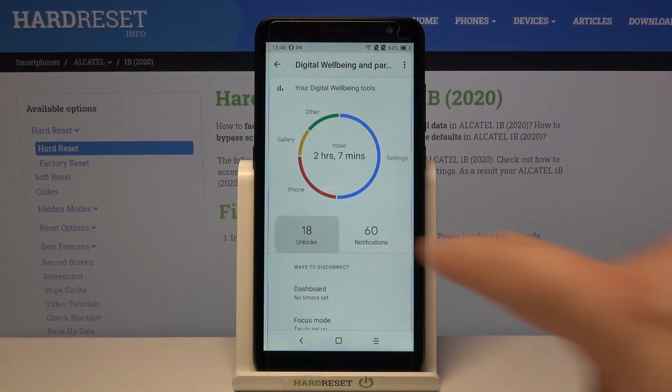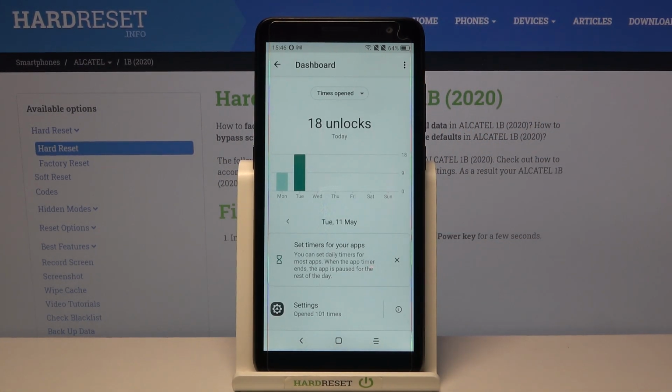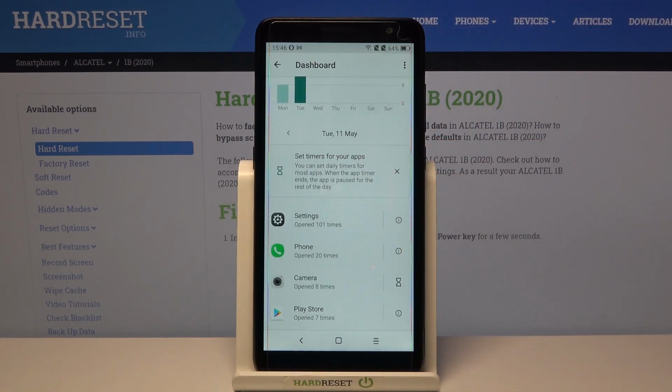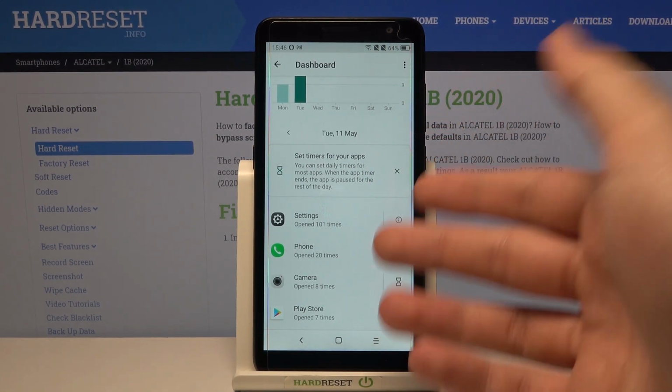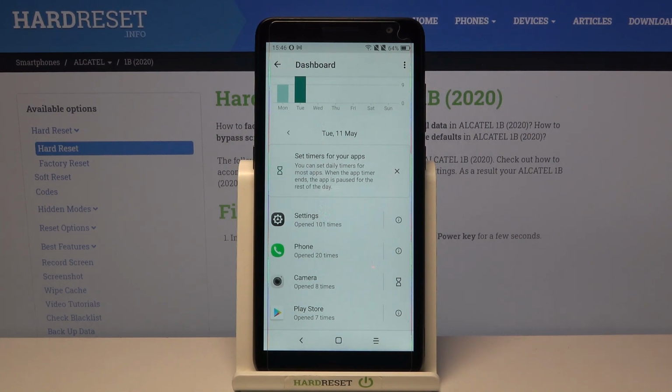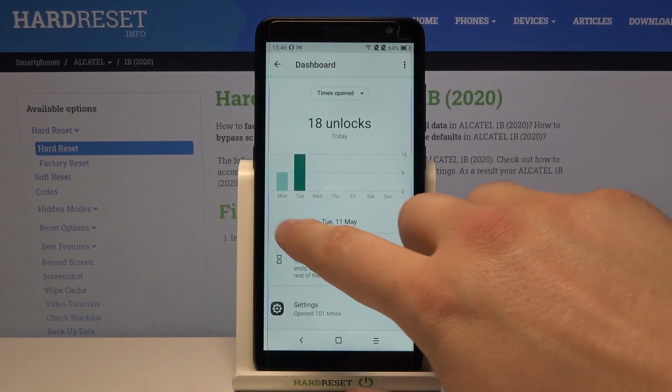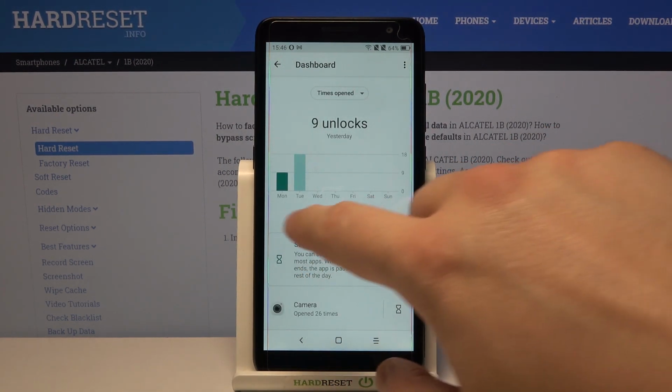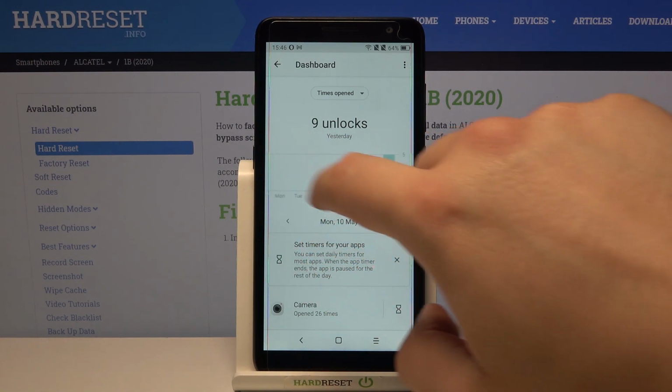go for unlocks, and right now when you scroll down you can check how many times each app was opened. For example, Play Store was opened 7 times. You can go back for other days by tapping on this arrow, or go for the previous week by swiping like